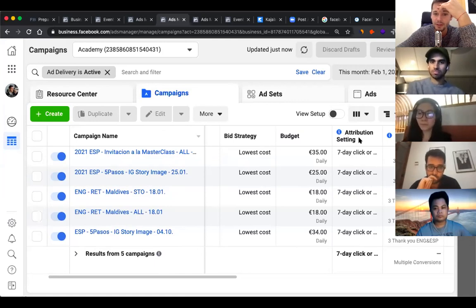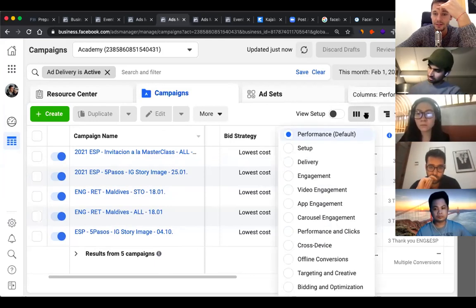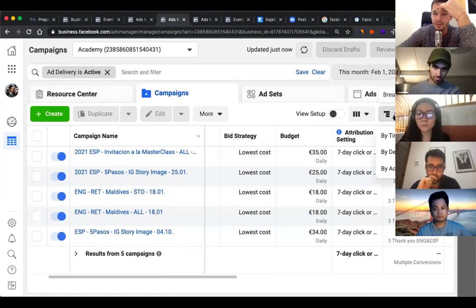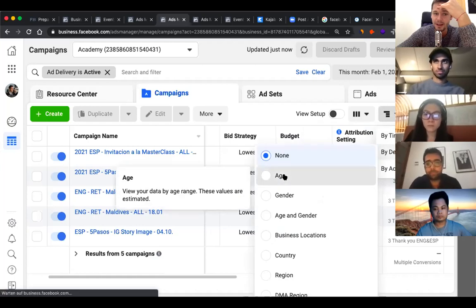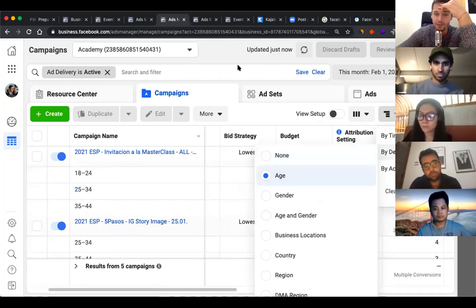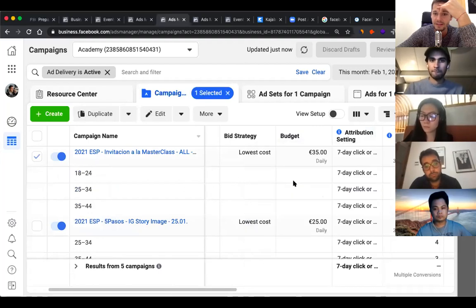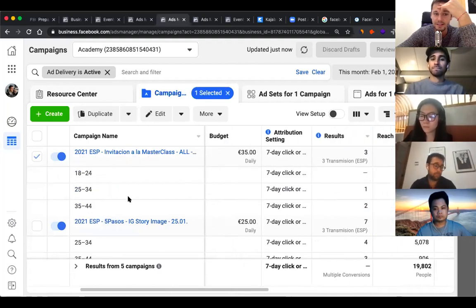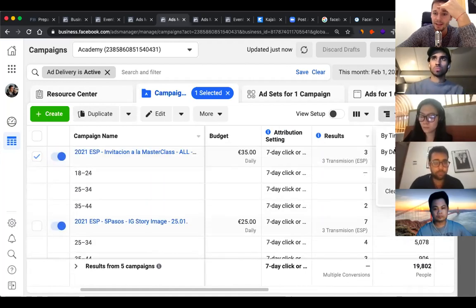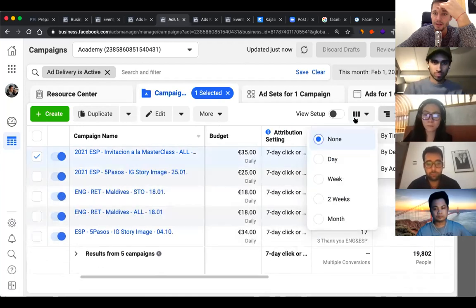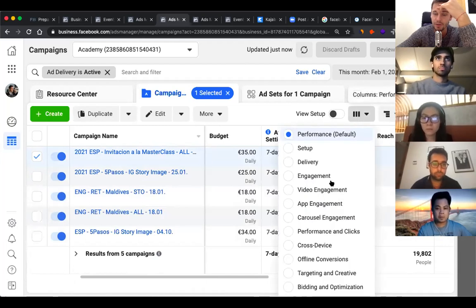This column, which is called Attribution Setting, I recommend you to have it here in order to do these little tricks. For the others, the breakdowns that we've been discussing are here. Breakdown by time, delivery. Let's say, for example, here by age. Just to show you what we've been discussing before. I could easily say, out of the leads that we've generated in this age group, so these are the breakdowns. And unfortunately, they're not going to be available for us in about 2 weeks. Okay, this is our dashboard.